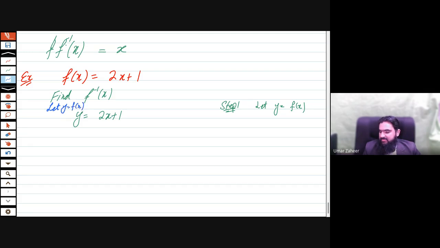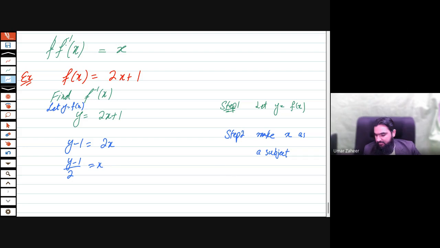Now the next step is step 2, make x the subject, meaning the variable you need to make the subject. So it is plus 1, it will be minus 1. 2 is multiplying, it will be divide, you will get x. Now in the last step,